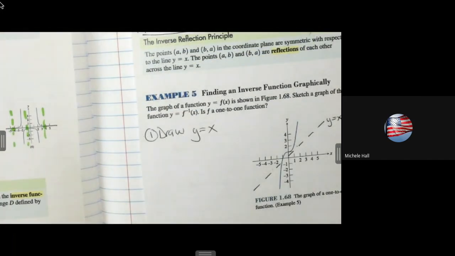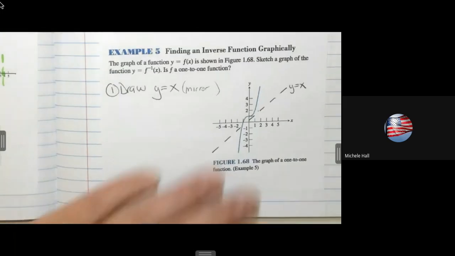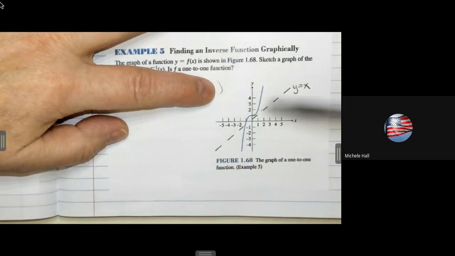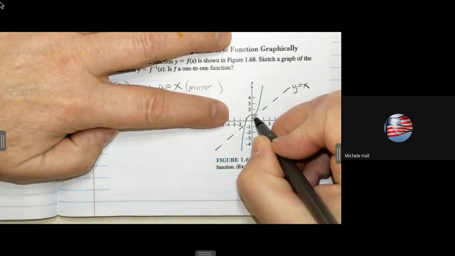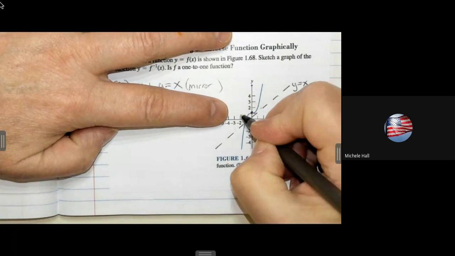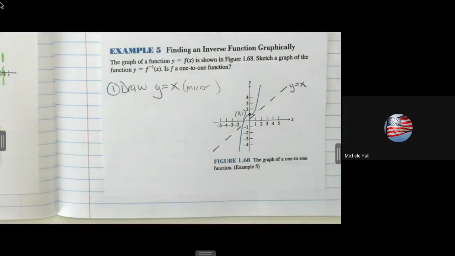All right, so step 1 is to draw y equals x. This is a mirror, and you're reflecting across this mirror. Whatever point that I pick, I can pick any point. It doesn't have to be an exact point. I'm going to start with an exact point. Let's go with this one. Let's pick 0, 1. If I pick the point 0, 1,